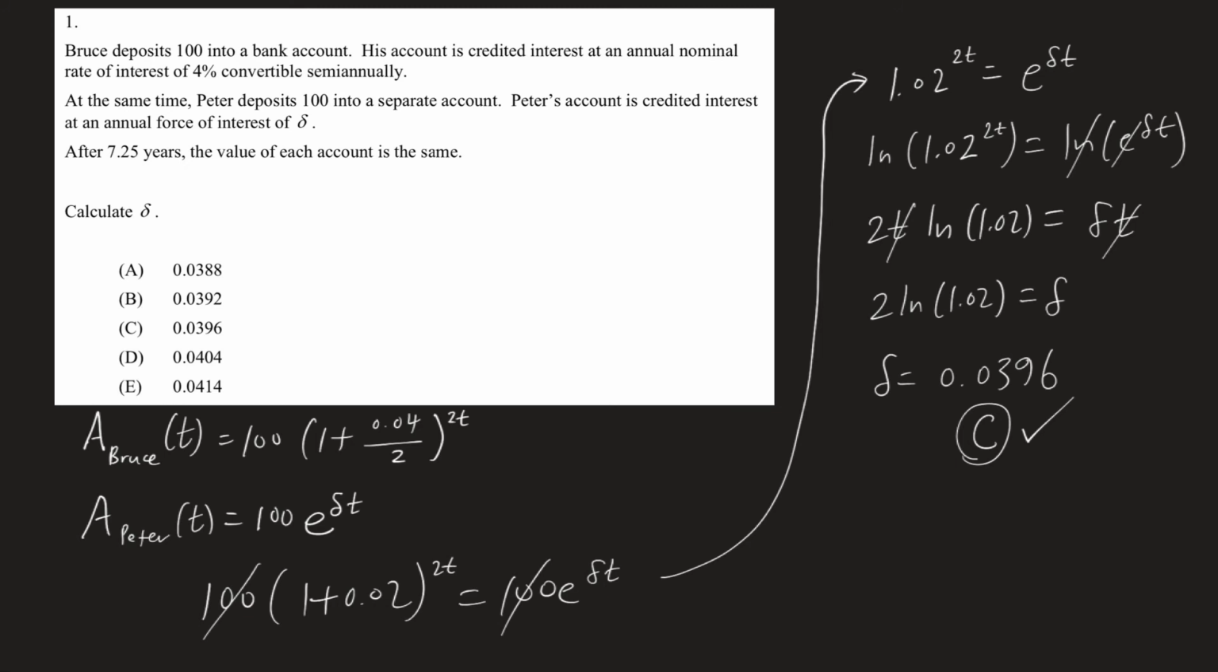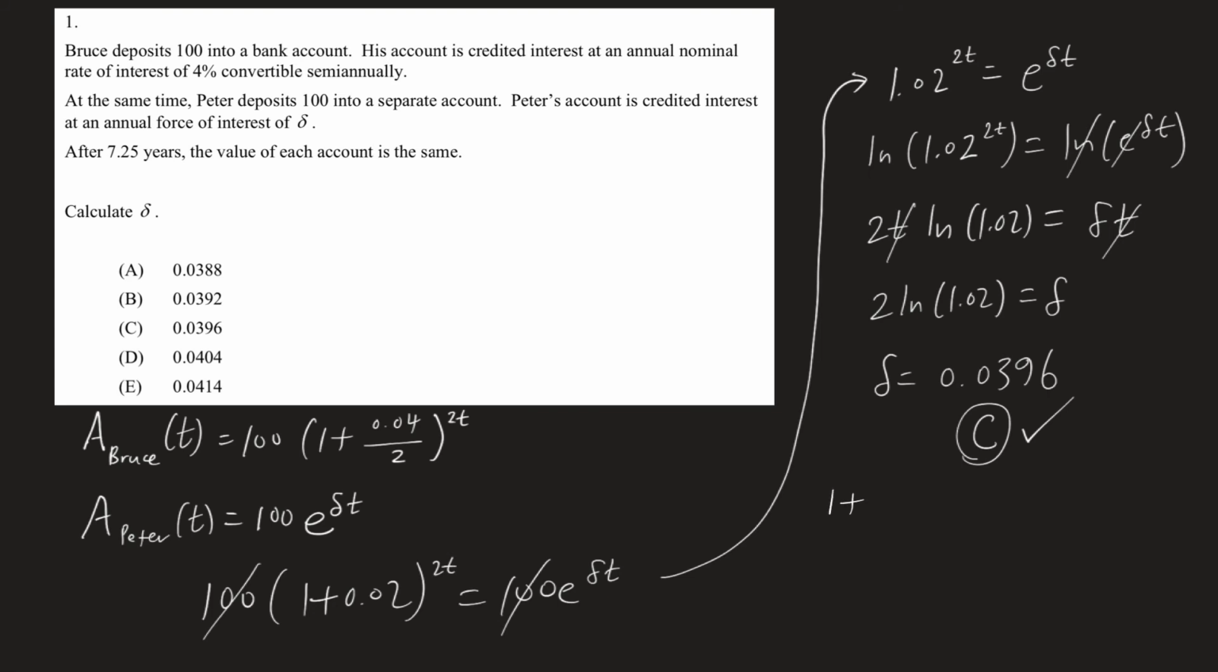Another way you could have approached this question is to realize that if Bruce and Peter start out with the same amount, $100, and after 7.25 years their account balances are the same, then that means that their annual effective interest rates have to be equal to each other. So in this case, we would have done,